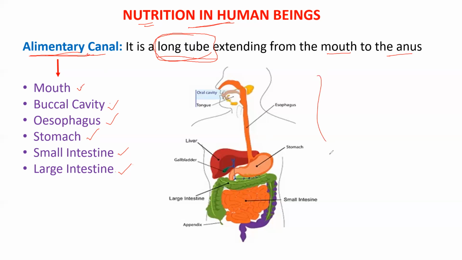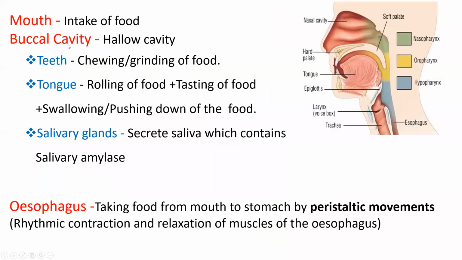In the diagram also you can see it. The same as your reader itself has given, you can check it once. All the parts from the mouth to the anus, the complete extended long tube structure, is called the alimentary canal. Okay, let's move one by one in detail to see how the food changes in each part of the alimentary canal. First, we'll see the mouth.